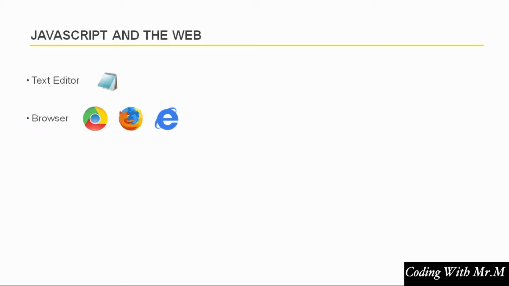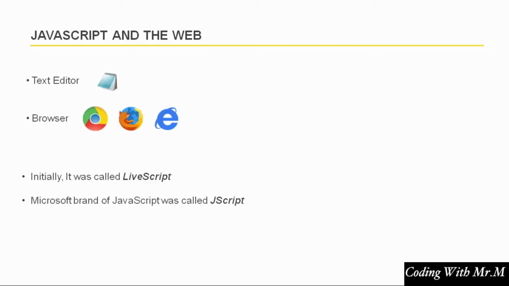The JavaScript language first became available in the web browser called Netscape Navigator 2, and initially it was called LiveScript. When JavaScript really took off, Microsoft decided to add its own brand of JavaScript called JScript, and it was added to Internet Explorer. Since then, Netscape, Microsoft, and others have released improved versions of JavaScript and included them in